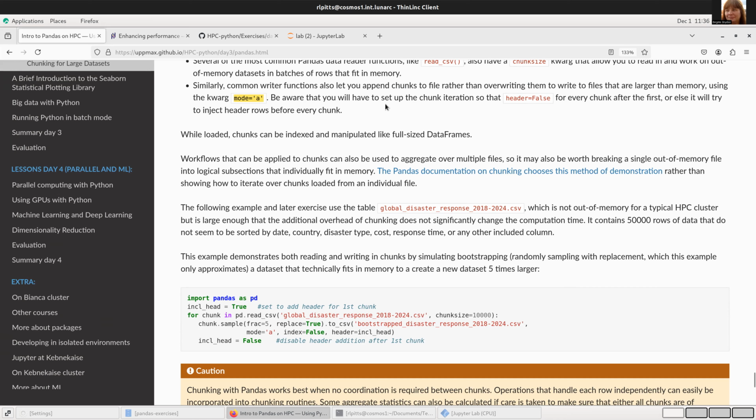While loaded, chunks can be indexed and manipulated like full-size data frames. And the workflows that can be applied to chunks can also be used to aggregate over multiple files. So it might also be worth breaking a single out-of-memory file into logical subsections that individually fit into memory. And then you might only have to do chunking once just to write those files. The Pandas documentation on chunking actually chooses this method of demonstration rather than showing how to iterate over chunks from an individual file, which wasn't the most practical demonstration, maybe,